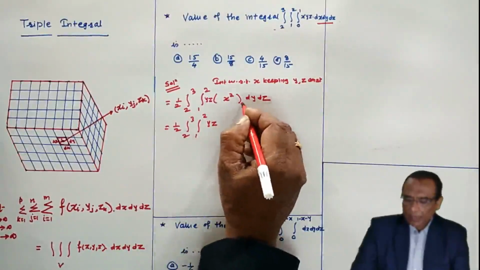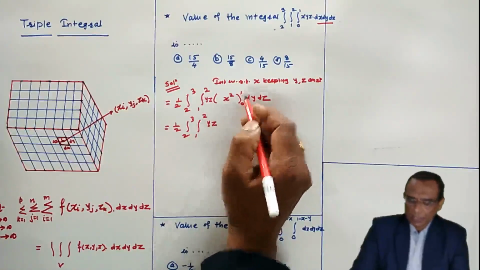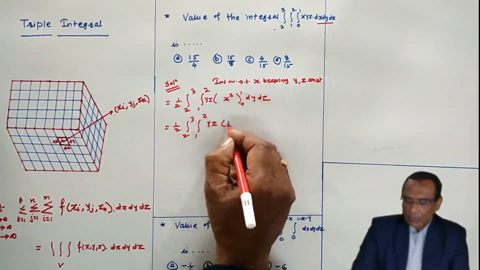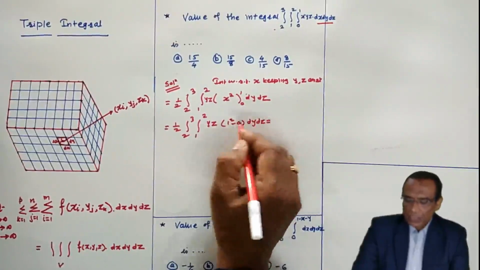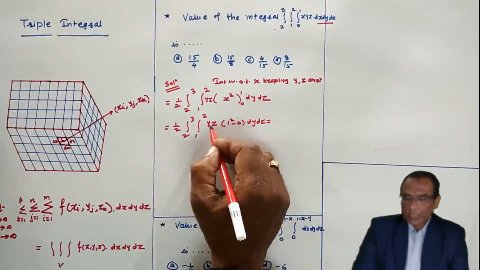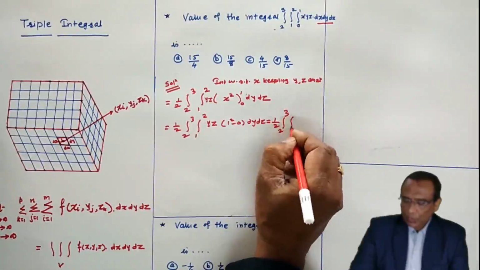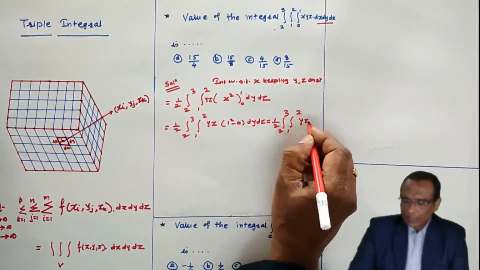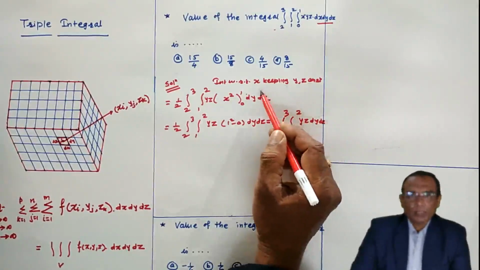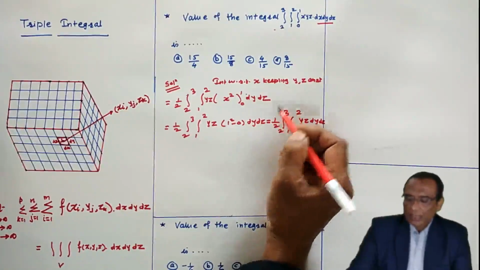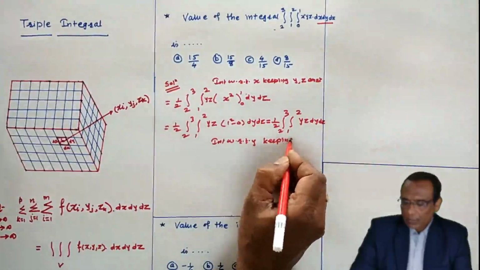and the lower limit is 0 and the upper limit is 1 here. After integration with respect to x, we put x equal to 1: 1 square is 1 and 0 square is 0, dy dz. Then 1 multiplied by yz is yz. Now we have 1 by 2, integral 2 to 3, 1 to 2, yz dy dz. This becomes a problem of double integral. Now the term of x is exhausted. Now we integrate with respect to y, keeping z constant.